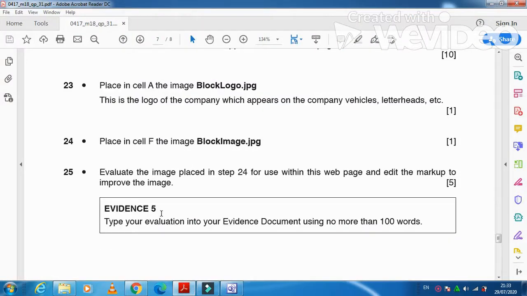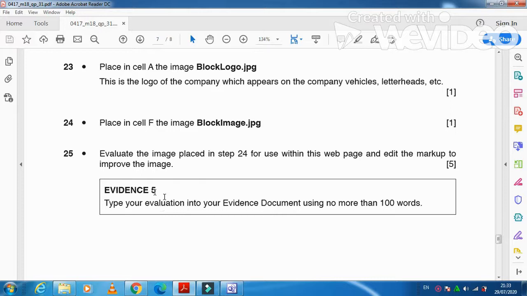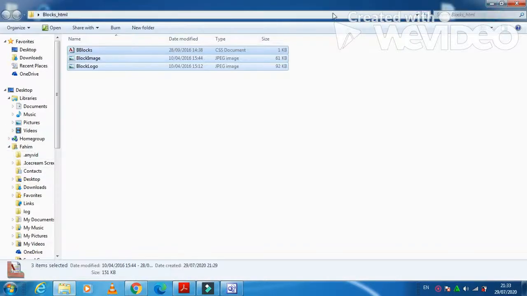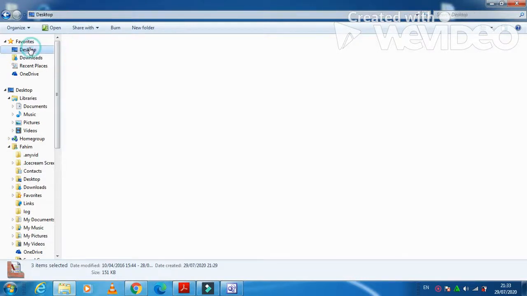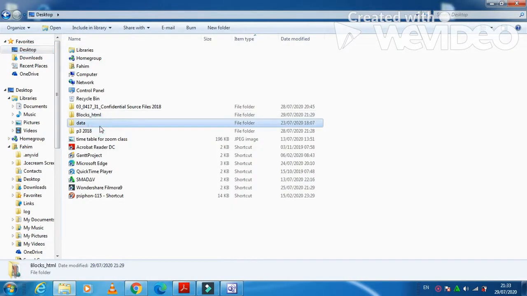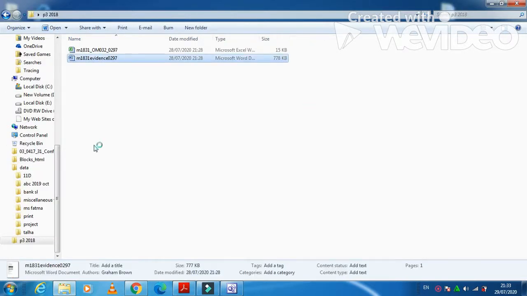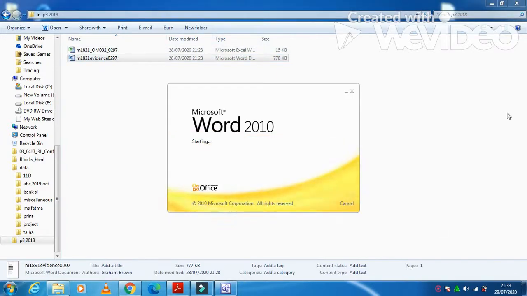Next step, evaluate the image in step 24 for use within this web page and edit the markup to improve the image. So we need to type our evaluation in the evidence document as evidence 5. Our evidence document is a folder I previously created called P3 2018. This is our evidence document which includes our previous evidence of the spreadsheet, from the same question paper.